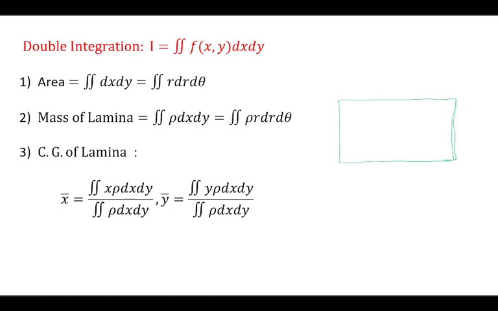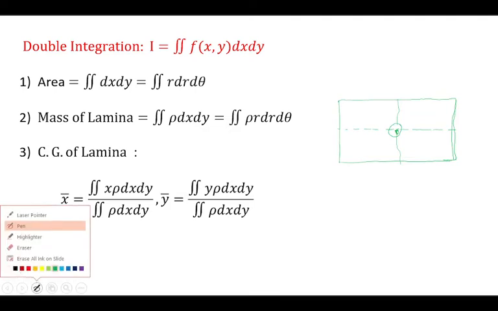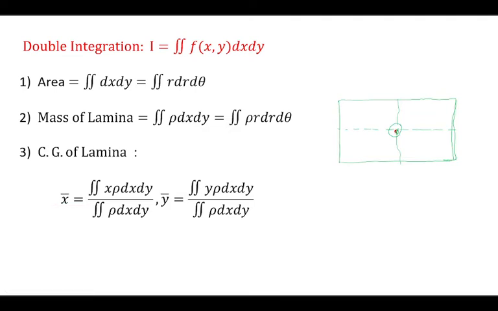So you just have to fold this rectangle along its width and length, length and breadth, I will say, and you may get this. This is, suppose, half of this, and this is half of that. So this is the centroid, this point. Okay, I will change the ink color here. So this point is, say, x bar, y bar. So this x bar comma y bar is the center of this rectangle.